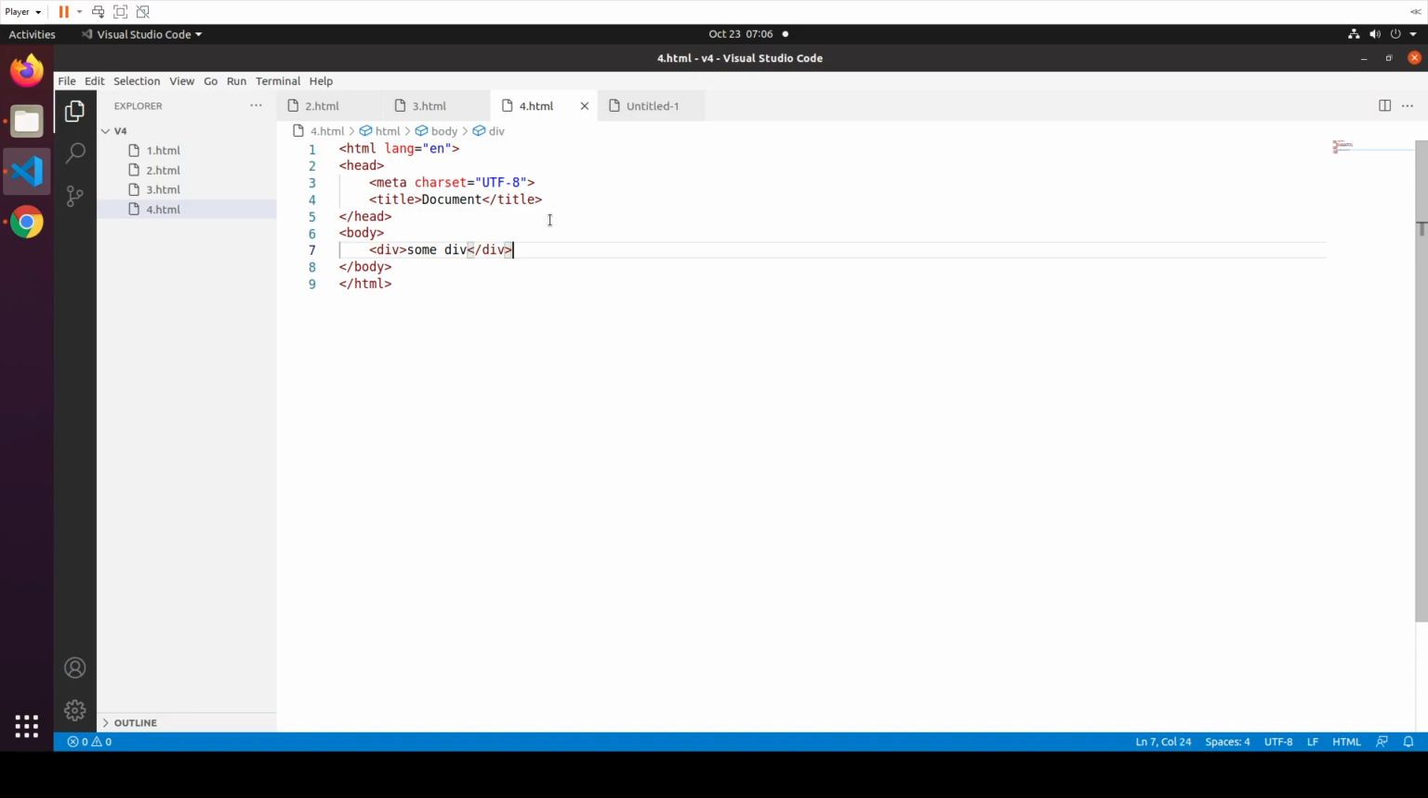And let's compare this to some headings, which are titles of various importance. So we're going to say, anyway, 1, 2, 3. There's headings from 1 to 6, but we're not really interested in that. You can read about this on your own. Right. So if we go to 4.html